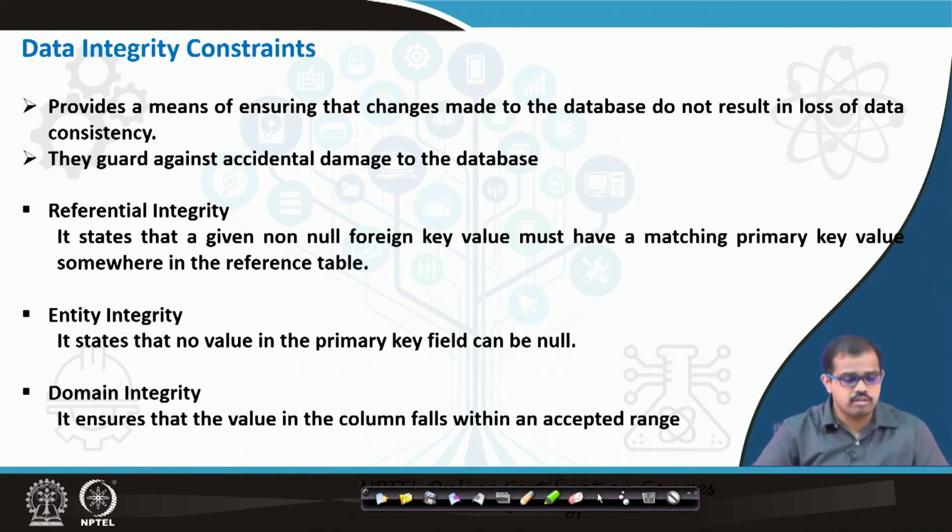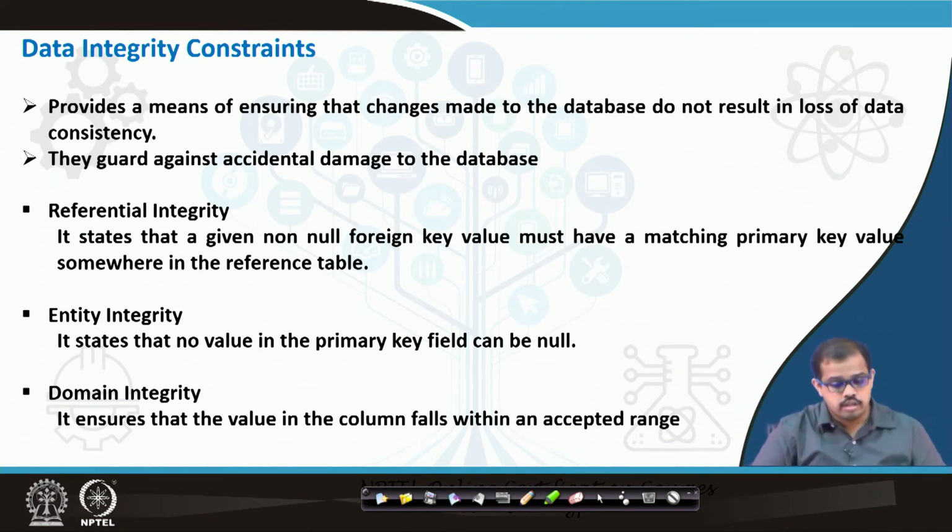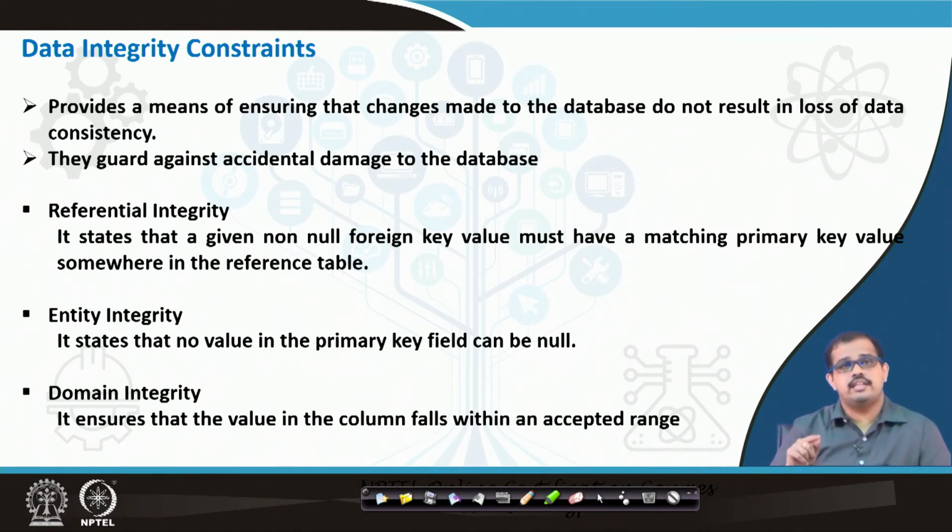So when we look at data integrity, there is something called referential integrity. Referential integrity states that, given a non-null foreign key value, the foreign key is one that may be a primary key in another table but becomes a key connecting to the other key, and for that particular data set this becomes a foreign key. So a foreign key value must have a matching primary key value somewhere in the reference table. If that is not there, then referential integrity is missing in that particular data